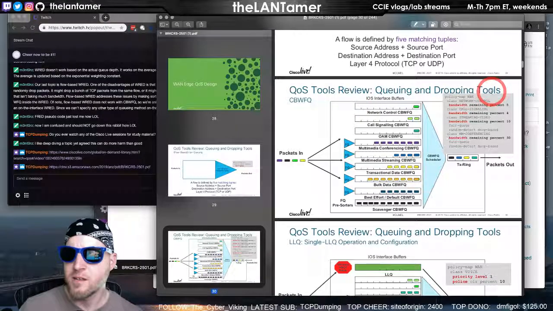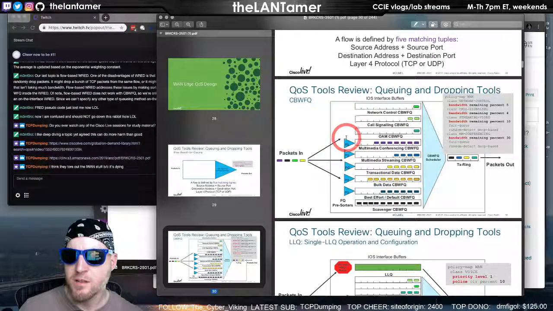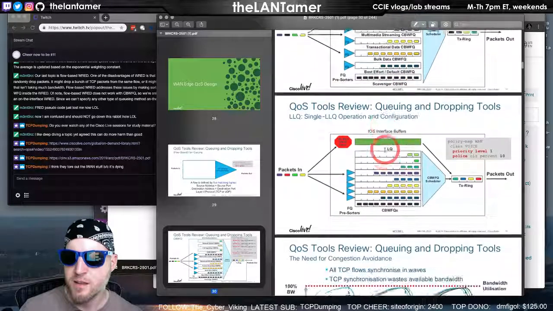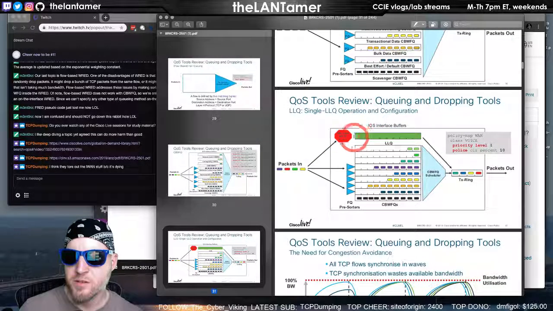Queuing and dropping tools. Things are done a little differently on the switch too. So you've got the class-based weighted fair queuing scheduler, transmit ring. Yep, LLQ.